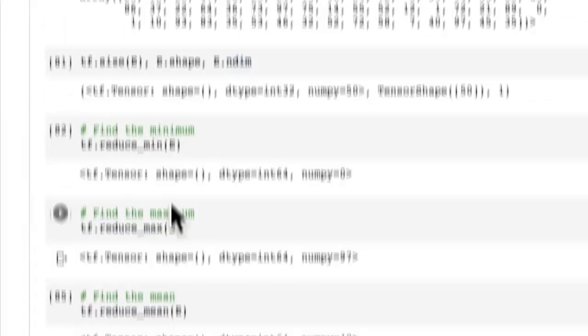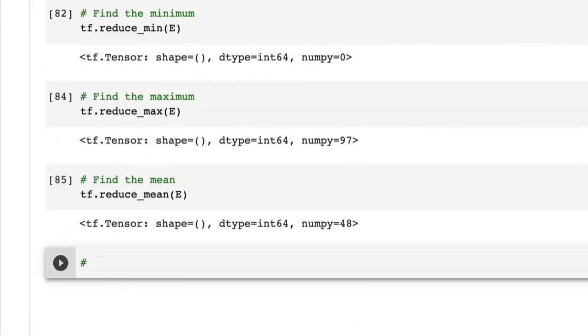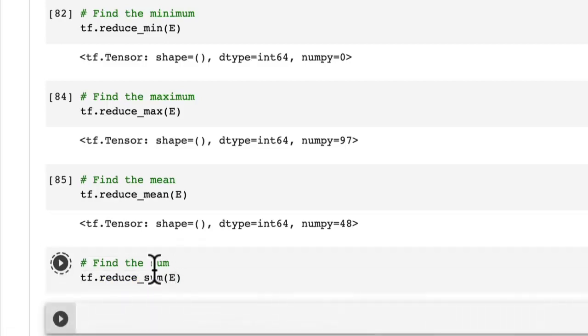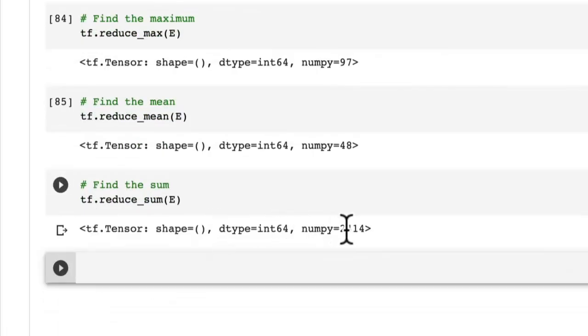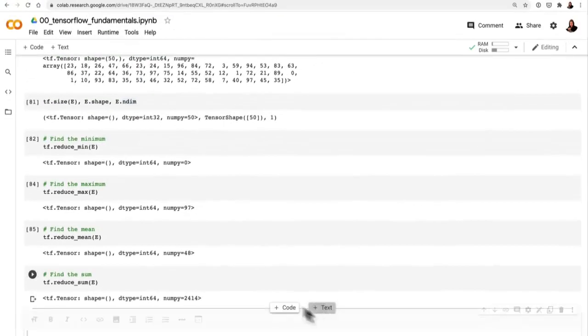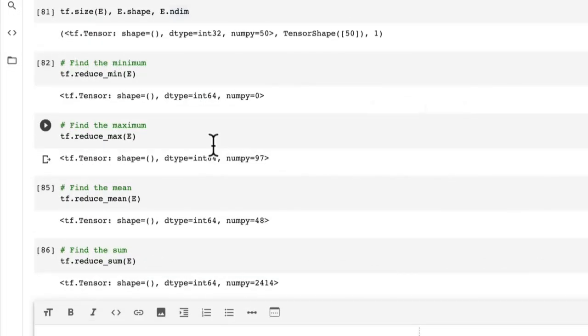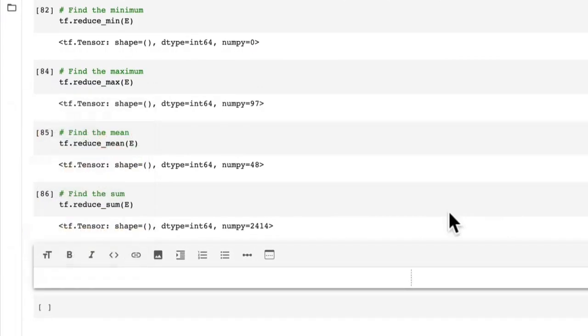So get the sum of a tensor. Let's have a guess. Find the sum. TF reduce underscore sum of E. And there is the sum of our tensor. Beautiful. Now, there's a few other things that we can do, such as, I'm going to put a little challenge here. I want you, of our E tensor, before the next video,